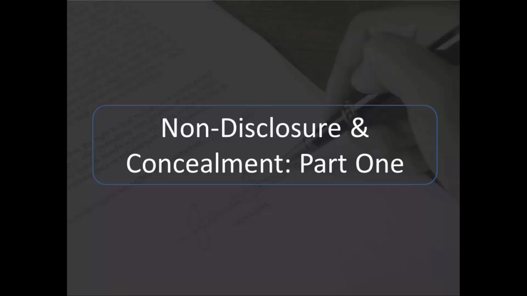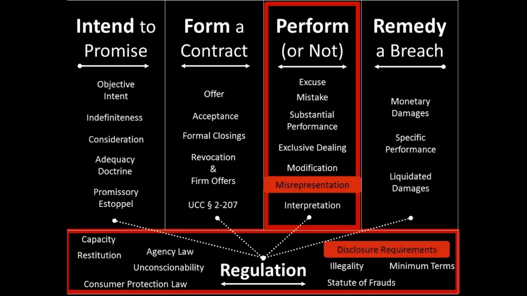This screencast lecture introduces our discussion of doctrines that excuse performance, but also implicate important regulatory objectives. Thus, the topic bridges the performance and regulation categories in our graphical map of the course. You read my textbook Introduction to Misrepresentation Doctrine, several cases involving real estate sales, and an excerpt from Tony Kronman's important economic analysis of nondisclosure.